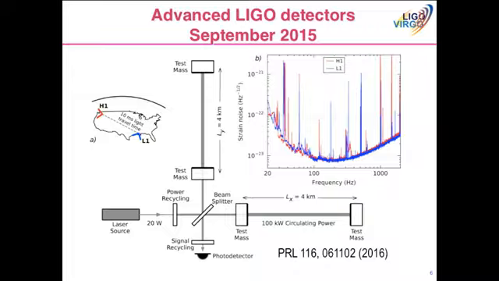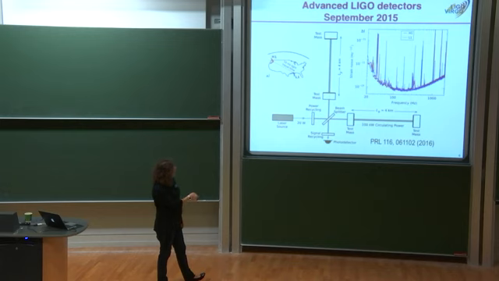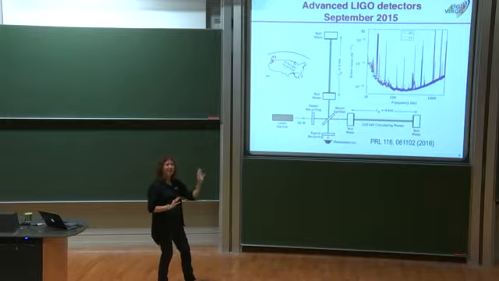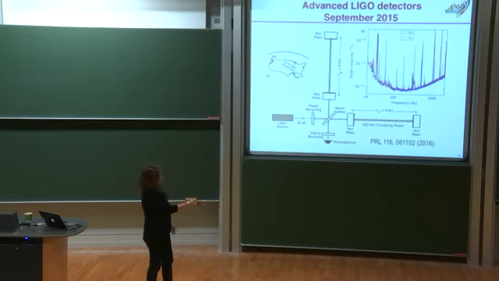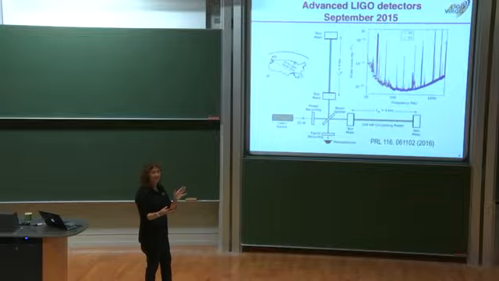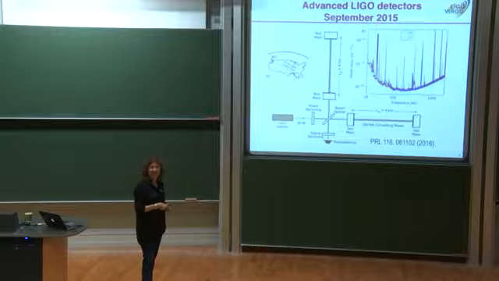So this is what we had. We were not using the 200 watts that we have in the laser. It turns out that using high power complicates everything. So we are turning it up slowly. So we are only using 20 watts. Even with that, you still have 100 kilowatts of laser light heating and circulating in these cavities. So this is a huge, huge deal. And this was September